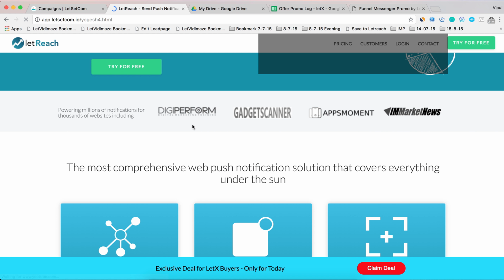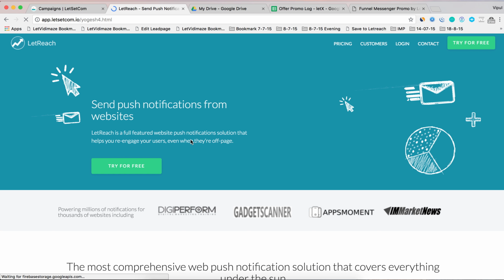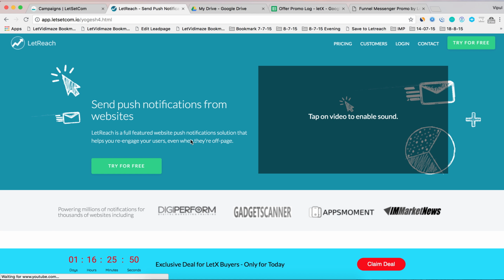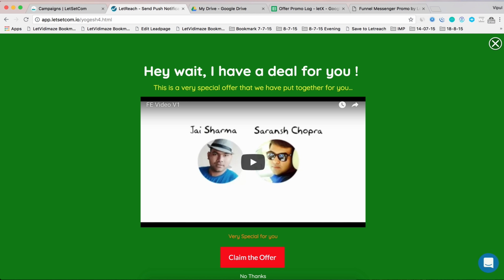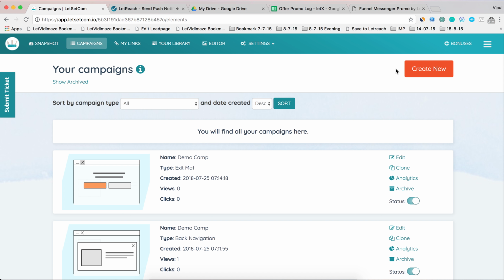So if I'm going to try to exit from this page, what it's going to do is perhaps show me an exit mat, which is going to kind of stop me up. So I move out, and you see it gives me this exit mat and clearly gives me the button to click on "no thanks" or click on "claim the offer." Now, which is a very kick-ass thing, guys. It actually helps you stop your people from exiting out of the website, and actually brings them back to your